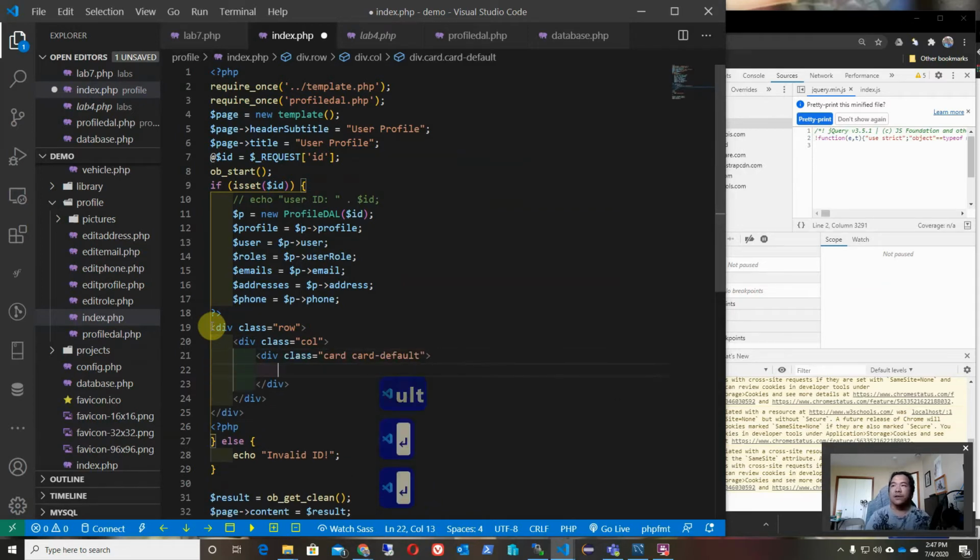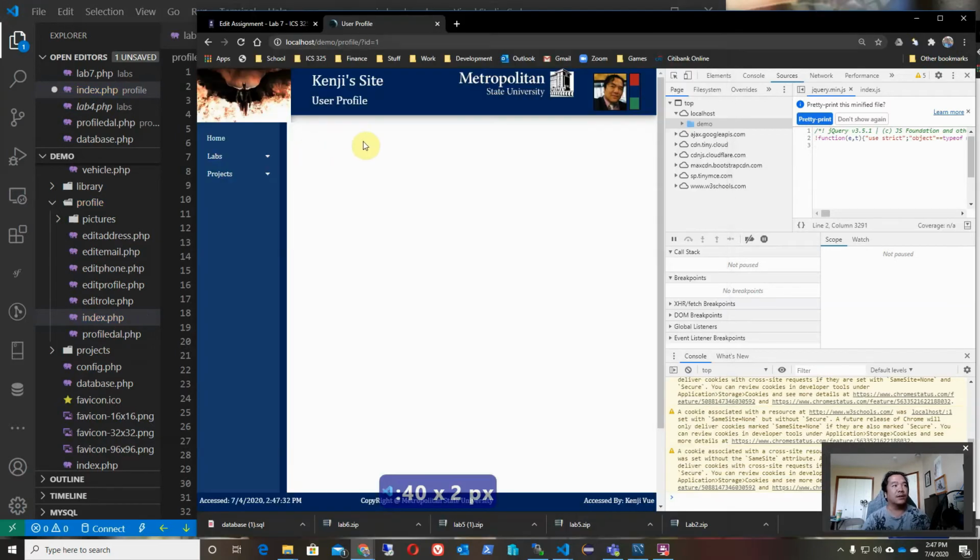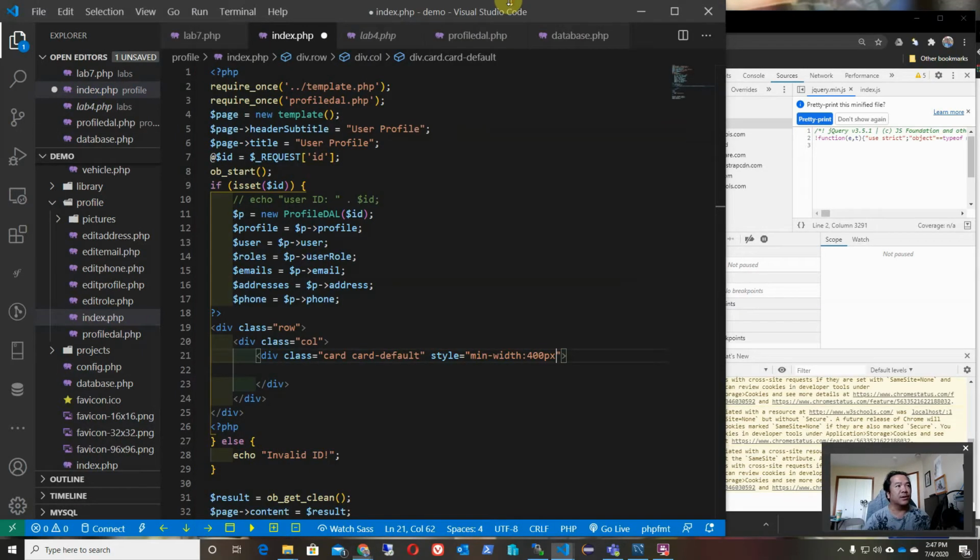That creates a default card. I want to override the style to say min-width 400 pixels, because I want it to pretty much align to the left of my page here, but not too big, because that could extend all the way across the page, right? So, alright, by doing that,